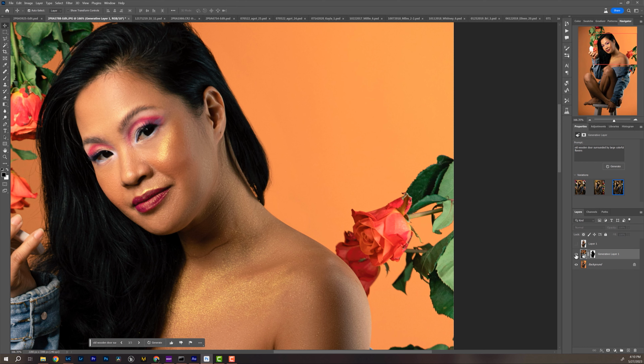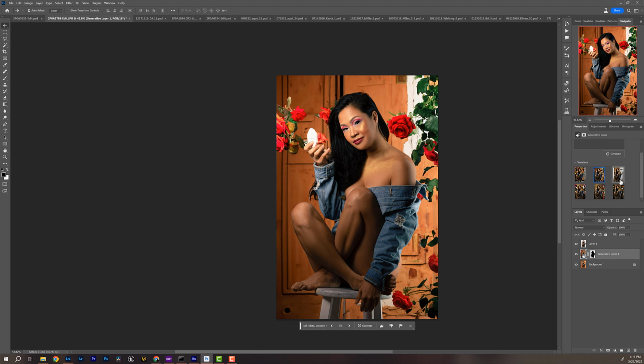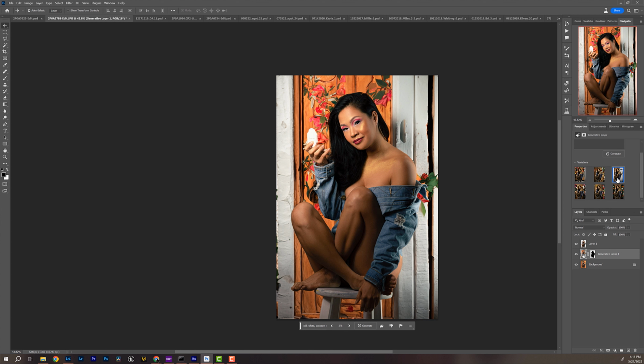And it's changed to old white wooden door. Okay, let's see what we got. This is pretty good. Now it's starting to seem kind of fake. You're starting to seem more fake now.